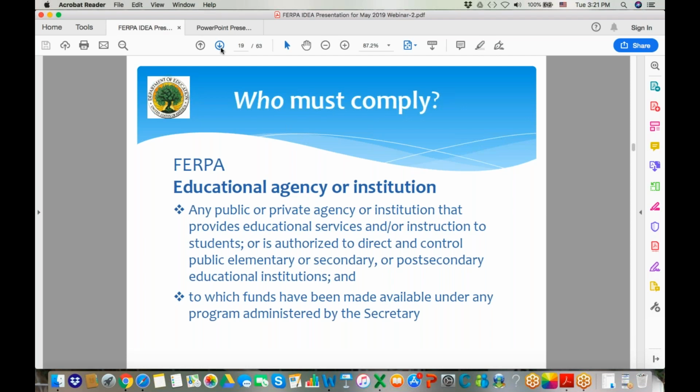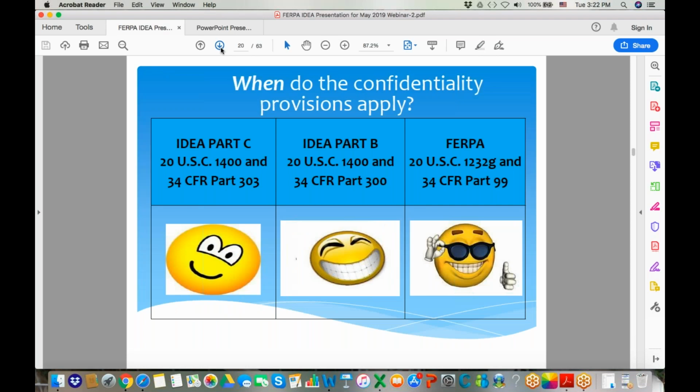Yes, thank you for that. Yes, we have gotten questions of that, and I think exactly as you said, Kyle, especially on the FERPA side, it would apply to the records of that sole student. It wouldn't mean the whole private school would have to comply with FERPA, but just the records pertaining to that one individual student. Okay, next slide, please.